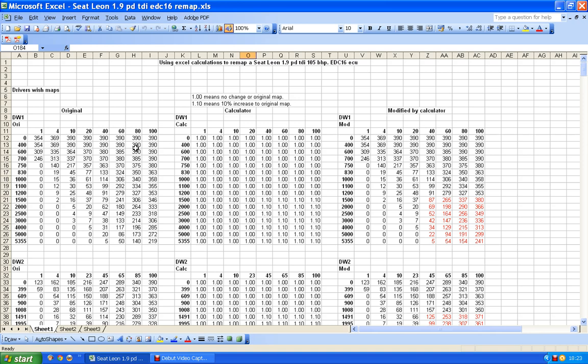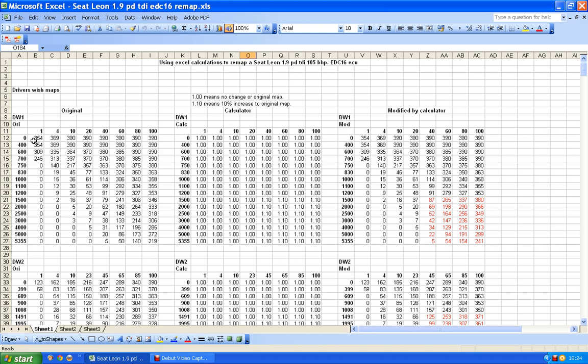And these are actual torque outputs, because this EDC16 ECU represents the accelerator pedal pressure. The output is in torque rather than milligrams per stroke as it would be in an EDC15. Right, now what I've done is I've used a simple calculator. In other words, for every position that there could be on the driver's wish map, I've created a position here which is my calculator.